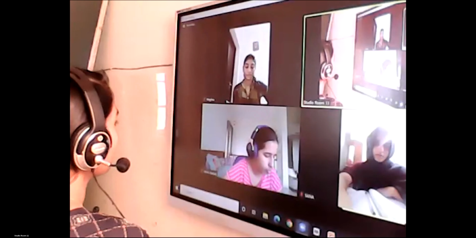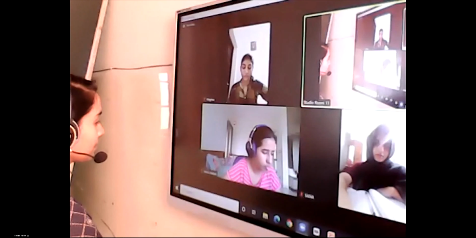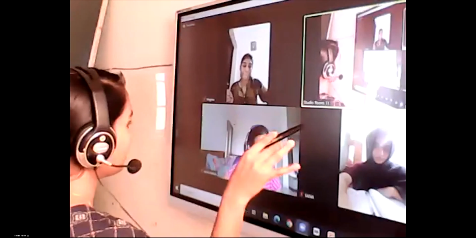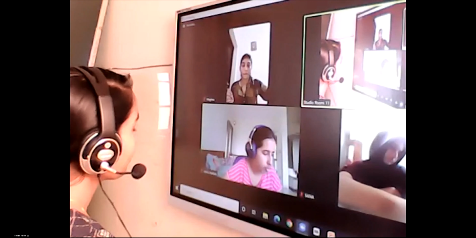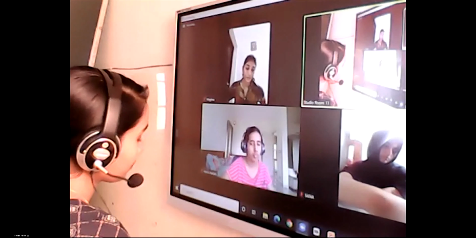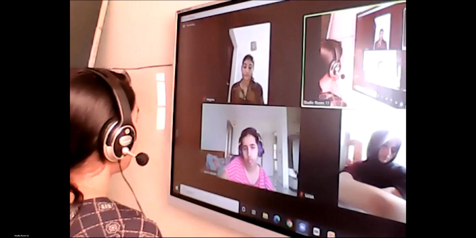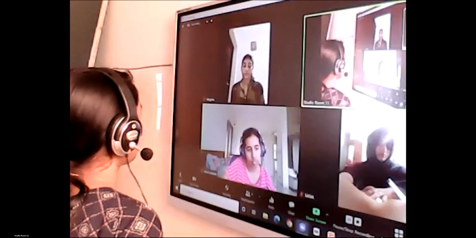Twill weave, because it has a diagonal pattern. Then the sixth one, Reina. It is very different from other weaves, right? It is pile weave. Very good. Pile weave. You can see an extra yarn is passing. Okay, that is a pile weave. So the first one is plain weave. Second is basket weave. Third is rib weave. Fourth is jacquard weave. Fifth is twill weave. And the sixth is pile weave. Okay. Any doubts?